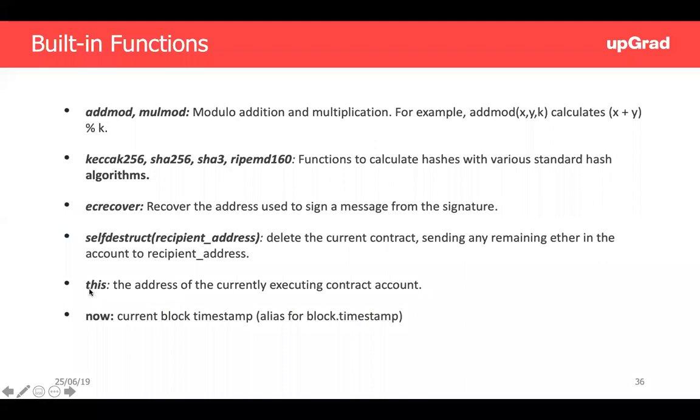All right. There is the this variable. So the this keyword will essentially give you the address of the currently executing contract. There is also a now keyword, which will give you the timestamp of the current block. Remember, smart contracts execute in limited context. So they do not have access to the current timestamp because they do not have access to the hardware machine. So they do not have access to the clock of your machine. So the only way you can get the current time inside of the Solidity interface is you call this variable called now, which will essentially fetch the timestamp of the last block, the current block essentially,